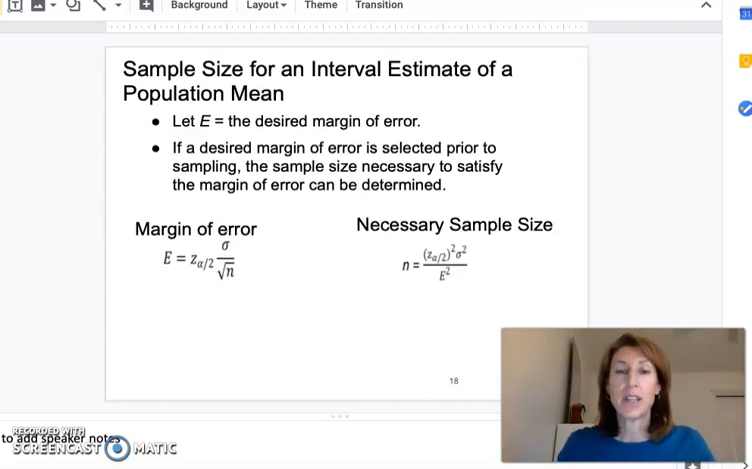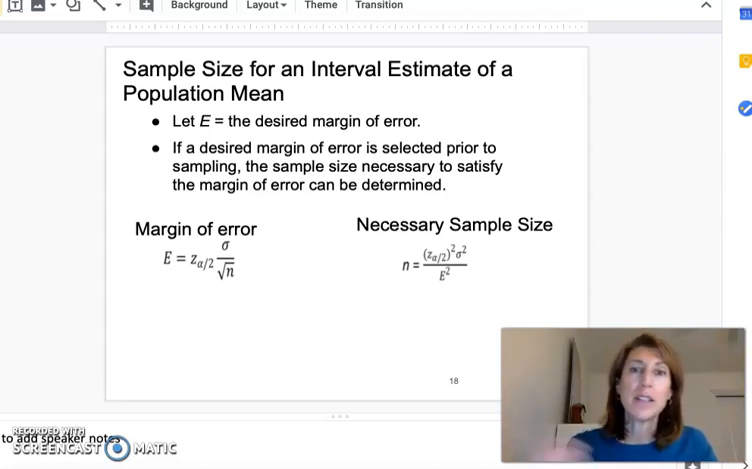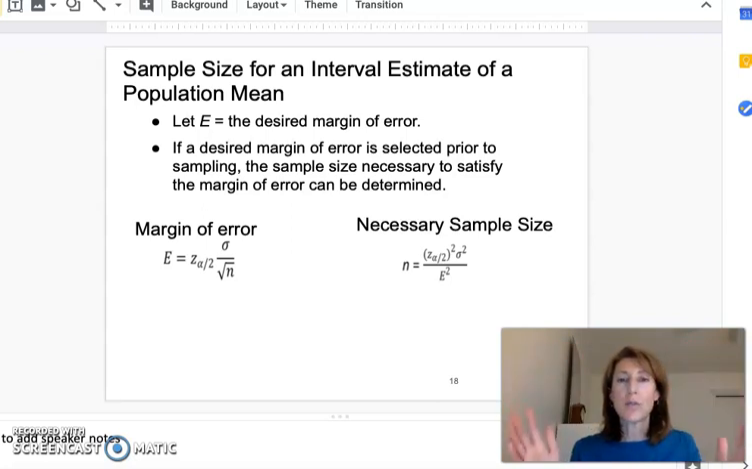Okay, sample size for interval estimate. Here's another thing that we can do. Rather than sometimes calculating the interval estimate, maybe we know what we want the interval estimate to be, and then we want to say what sample size we need to get that. What does that mean? It's expensive to go out there and survey. It's expensive to have a big sample size. So maybe you want to know what's the lowest sample size that you need in order to get a certain